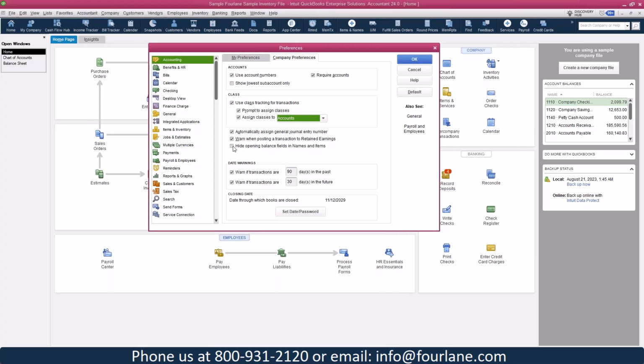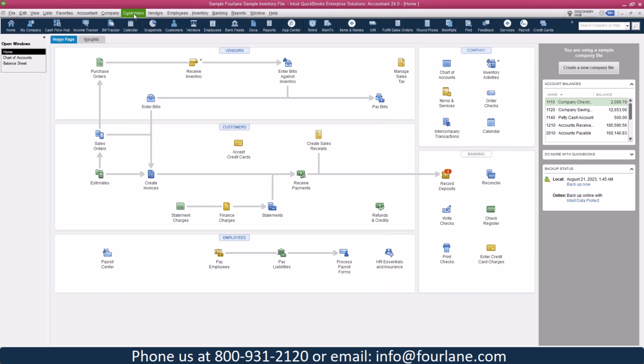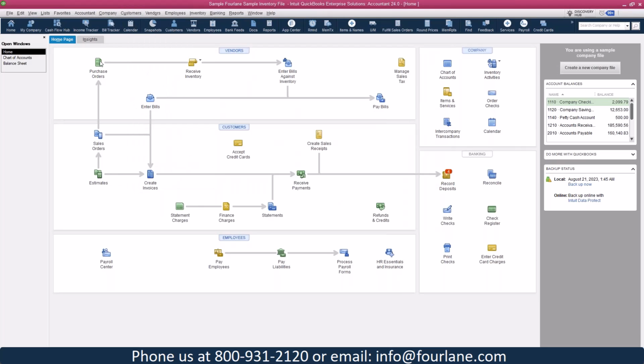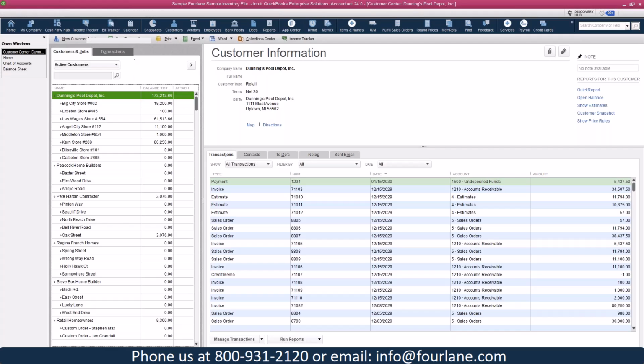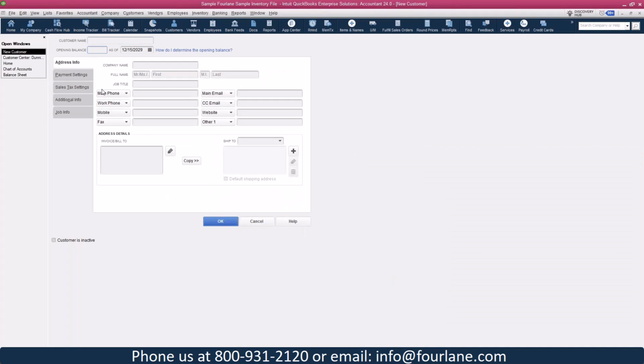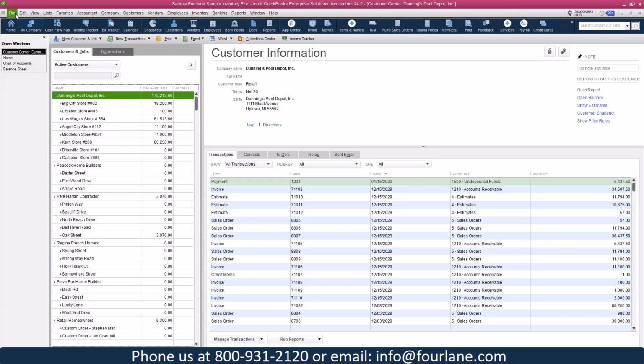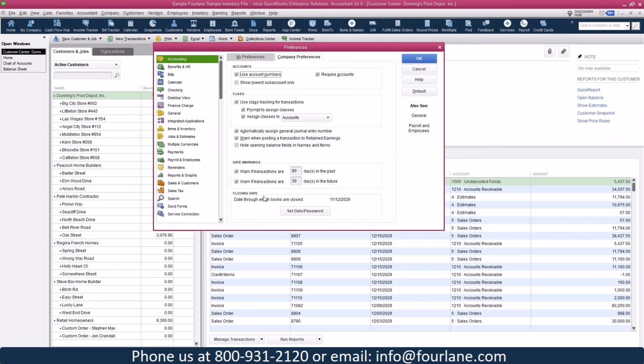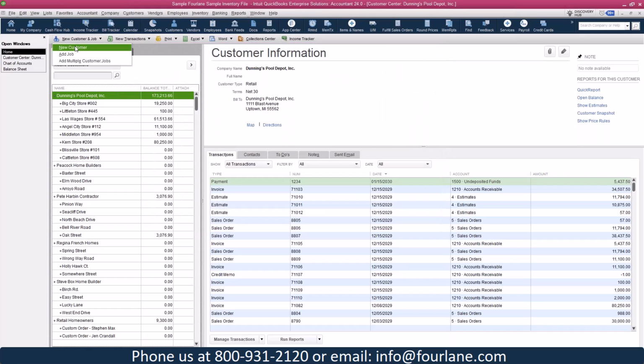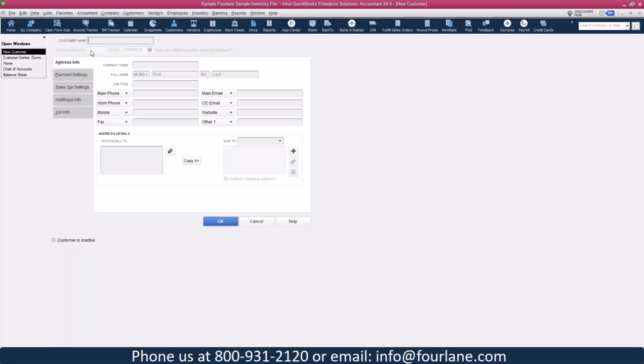This is one that I typically would select when we are setting up a file for a new client. And so if I go in to the customer center and I want to set up a new customer, you'll see this box here, opening balance. That is something that we would remove if we have that selected. Okay, if I want to go ahead and remove or hide that, right, show you that it is grayed out,